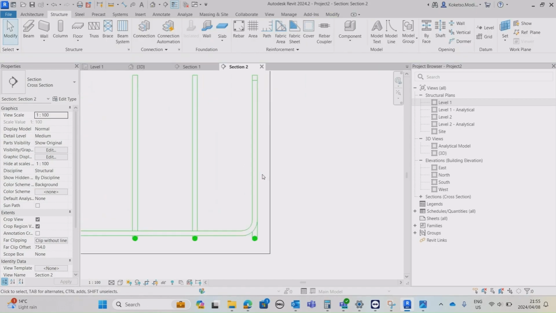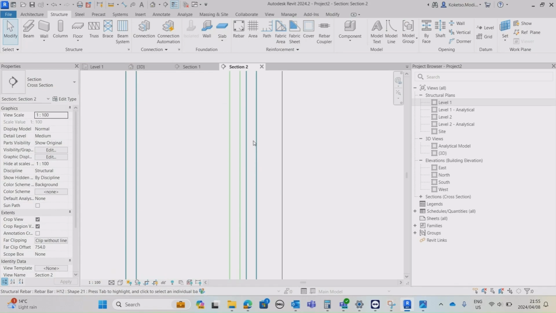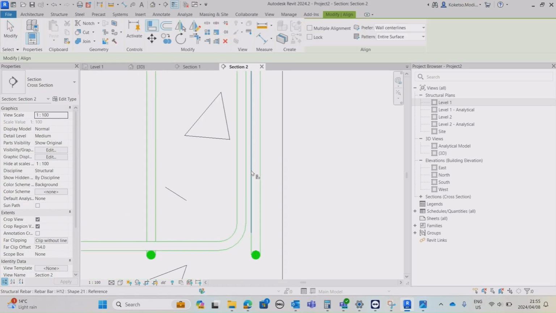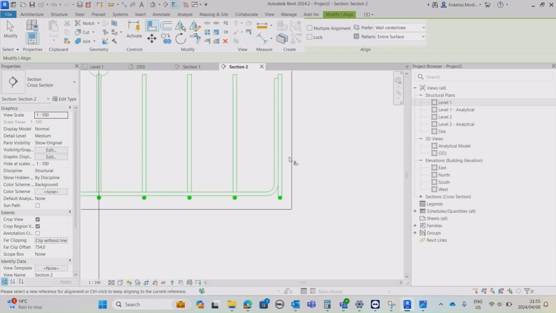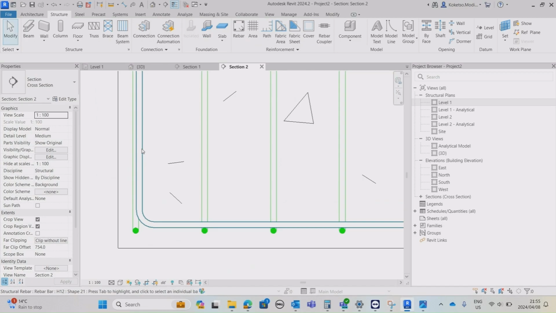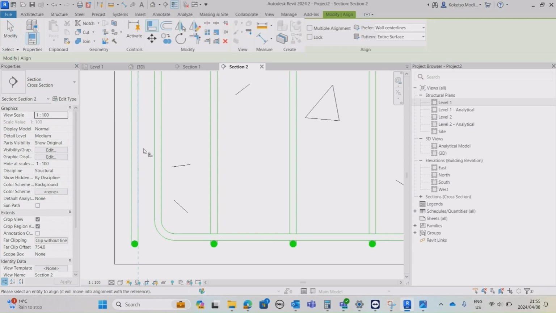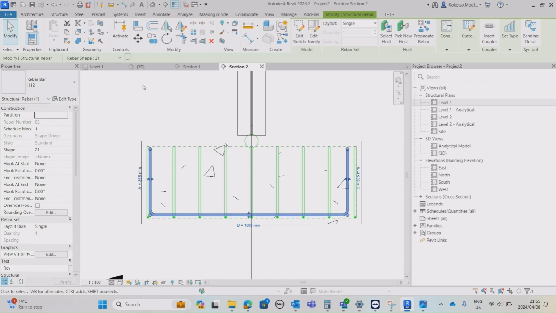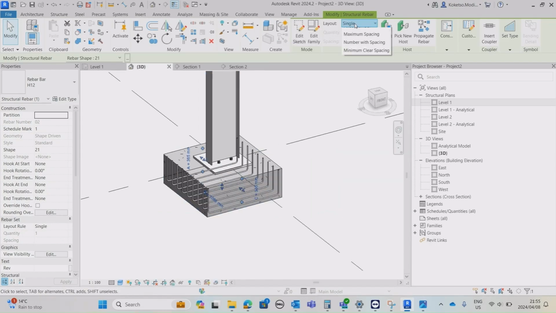I'm going to apply the same principle. I'm going to select it this side, just drag it randomly to the left, and then press AL for alignment, and then I'm going to select my first set of rebar on this side, and then attach it like this. So I'm going to do the same thing this side, then press AL, then I'm going to select my second set of rebar, go to 3D view,